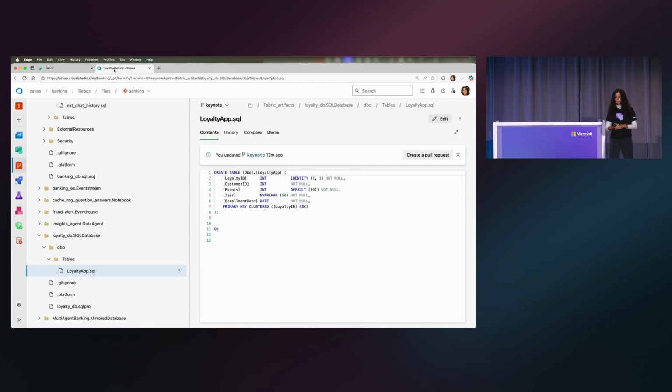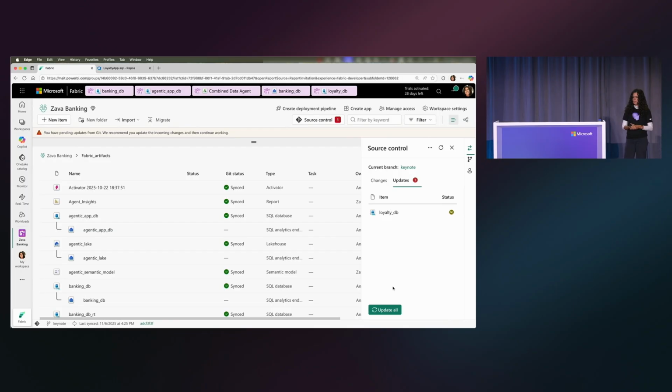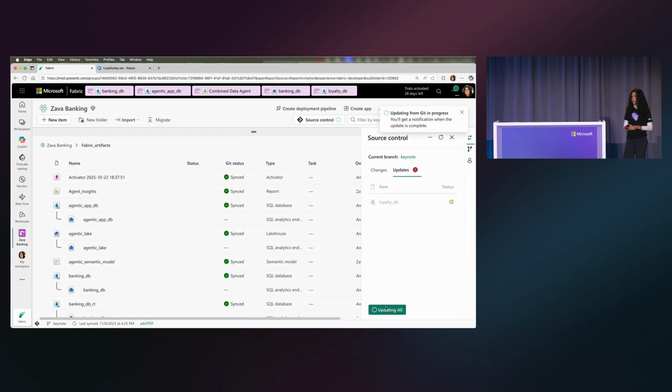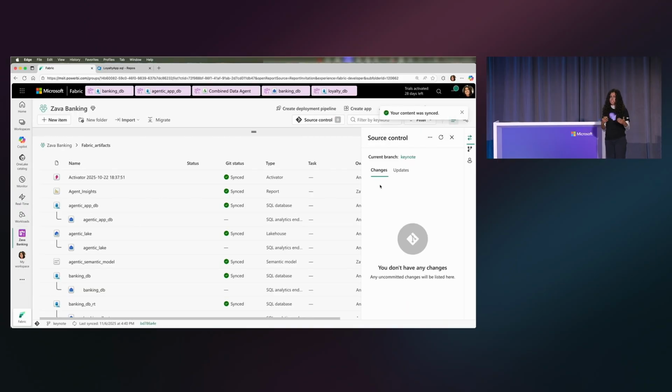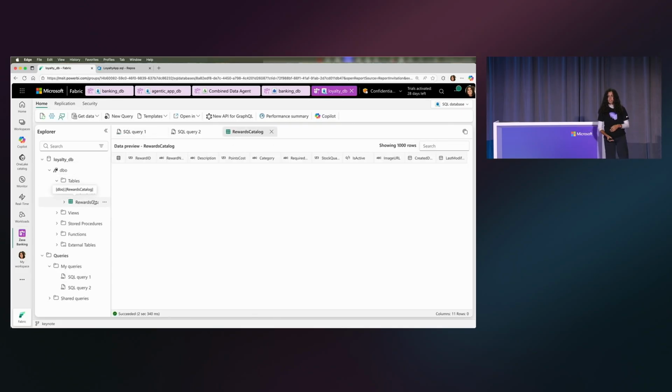So let's head back over to Fabric and take a look. Sure enough, in the updates, I see some updates there. I can go ahead and update them all. Now this is going to look for any changes that need to be applied to my databases or anything else. But in this case, we can see that the new table was created. So now you can see how you can commit to source control and update from source control very easily with